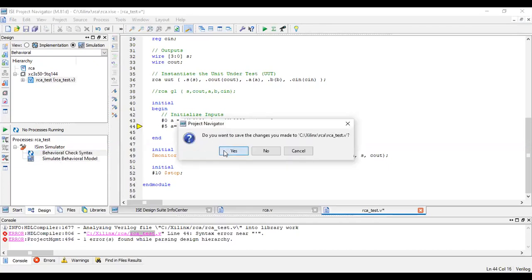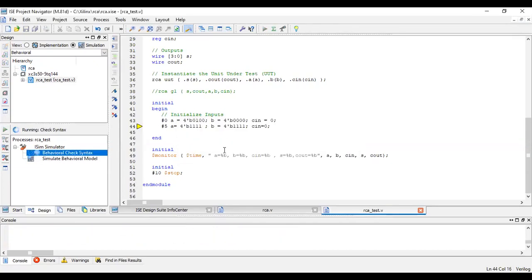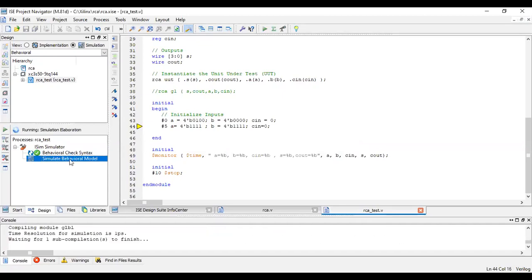So let me check this. You have to save it and then check the syntax. It's clear, so no problem. Now we'll simulate it and we'll go to the other window. So the simulator is open.